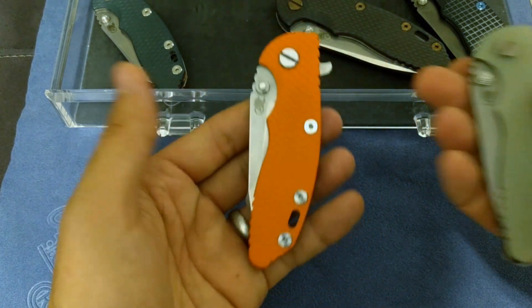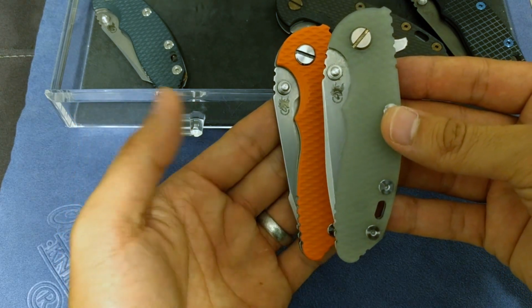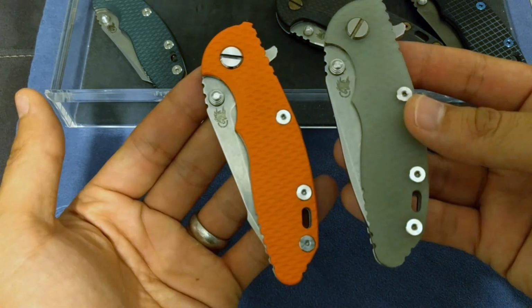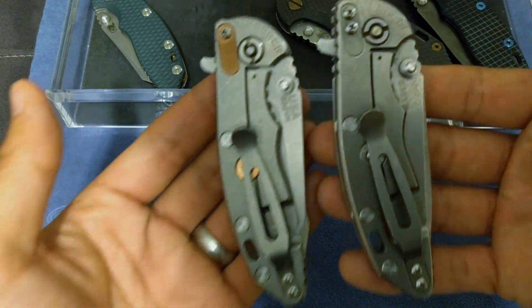Speaking of which, this is how it fits in the pocket, so you wouldn't even notice the difference unless you look toward the end. You'd be like, wait, that doesn't look right. And if you have a really keen eye, you would notice a 3-inch. You'd be like, oh my god, it's a new Harpoon Tanto. So not a lot's changed. I didn't see anything new with this run,